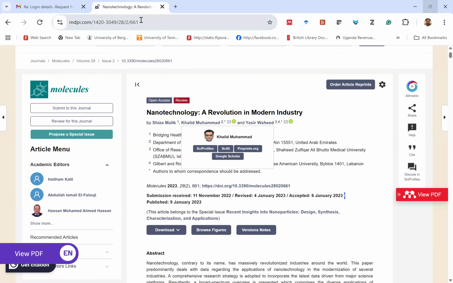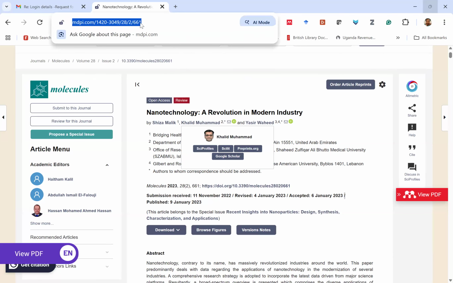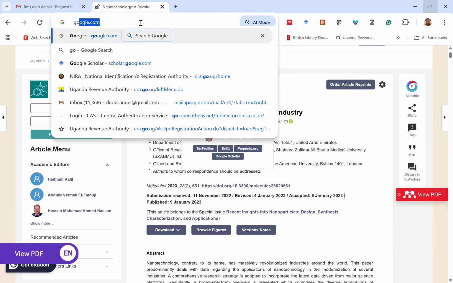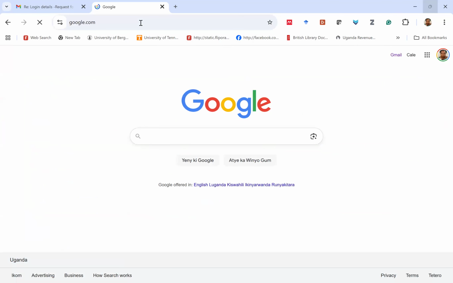So, on the same interface here, now I'm going away from Google Scholar, now I'm going to Google. Are you able to see my Google interface? Someone say yes. Yes, please. Okay. Now, in the instance that I'm trying to find literature, maybe Research for Life is still a problem.